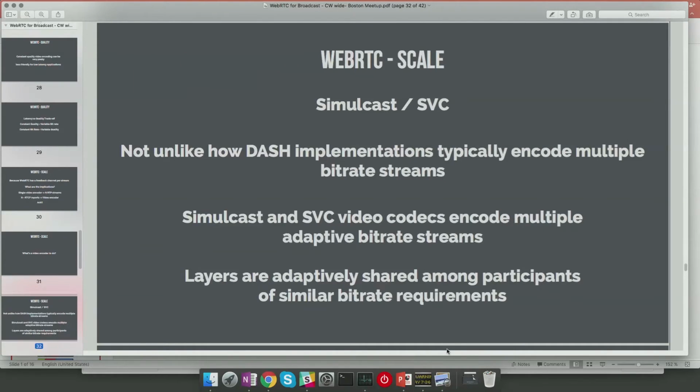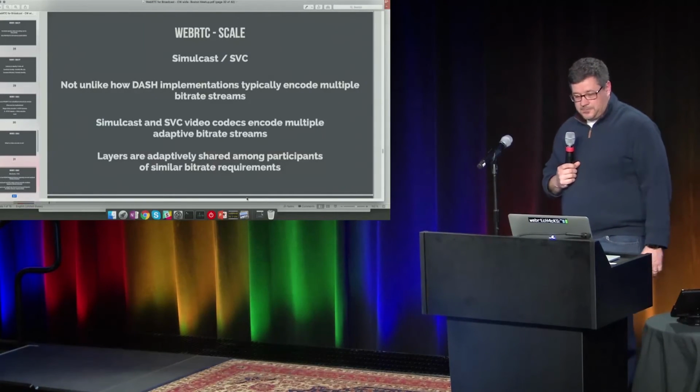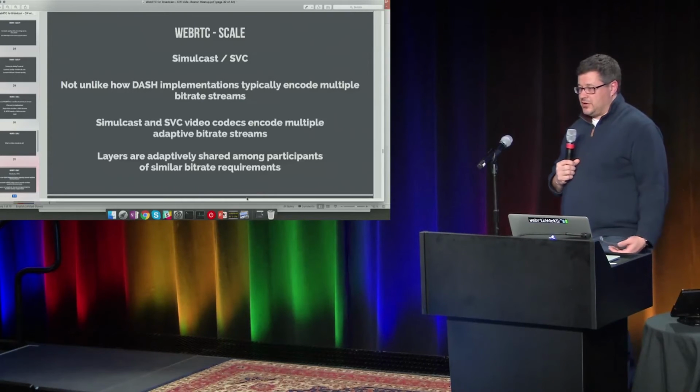have multiple layers. Simulcast does it explicitly, where it creates multiple streams and sends them as different RTP streams. SVC is a little more complex, sometimes even a lot more complex, but it has a lot of flexibility. You can create multiple enhancement layers, is what they call them. So it's a single bit stream, but it has multiple enhancement layers that you can subscribe to. And that can be either in quality or in frame rate, so temporal versus spatial, to use encoder terms. And that can be adaptively shared among all the participants.